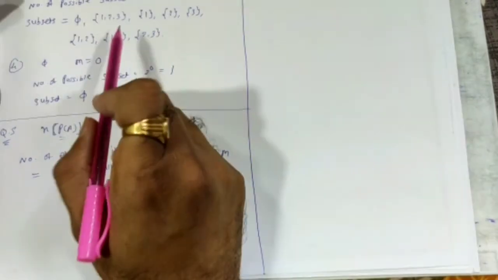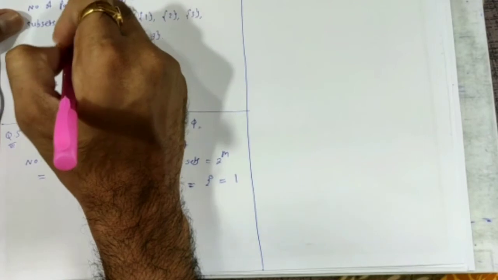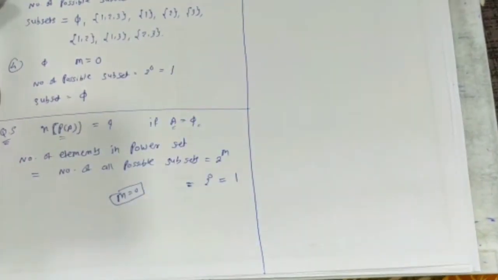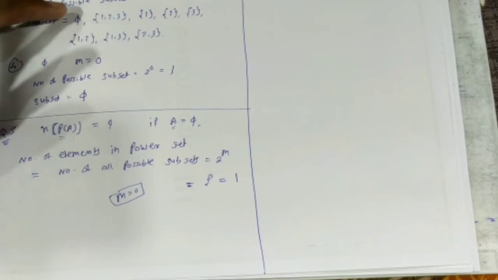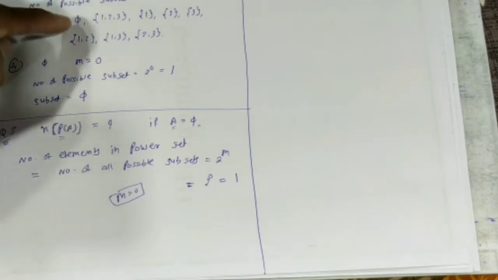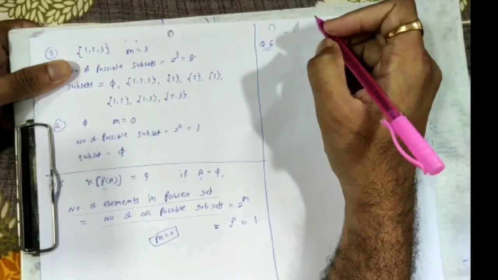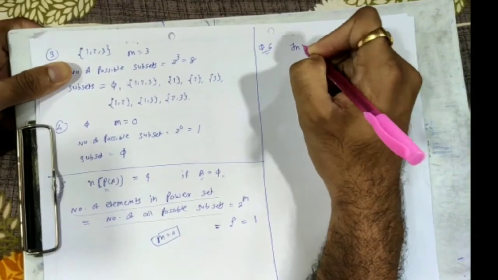है ना? यहाँ पर हम all possible subset लिख रहे थे ये क्वेश्चन में. अगर इसका हम एक सेट बना दें, तो जो सेट होगा उसको हम क्या बोलेंगे, पावर सेट बोलेंगे. तो पावर सेट के अंदर कितने एलिमेंट्स आएंगे, क्योंकि जितने भी पॉसिबल सबसेट होंगे. क्लियर है ना? क्वेश्चन 3 में जो सेट 1 2 3 है उसके सबसेट है, और ये जो सबसेट मिले उसको हम एलिमेंट कंसिडर करके इसका एक सेट बना दे, तो जो सेट मिलेगा उसको पावर सेट कहते हैं. सो राइट द फॉलोइंग एज ए इंटरवल्स.